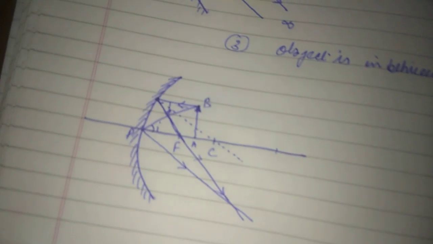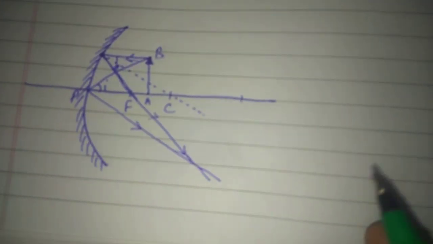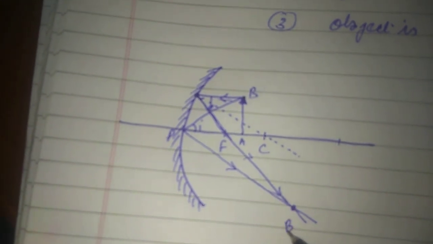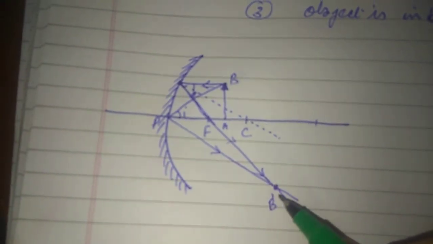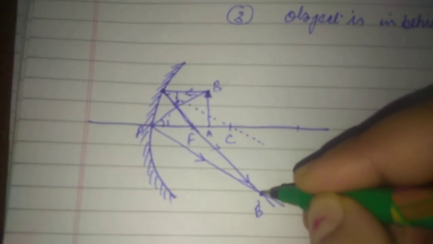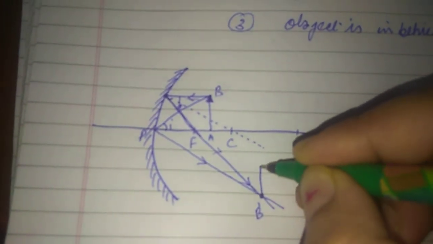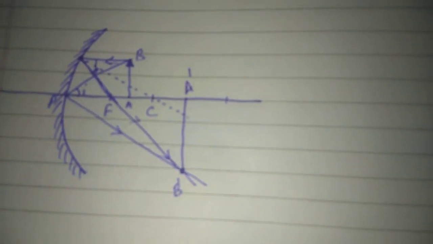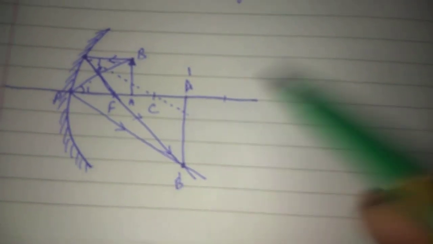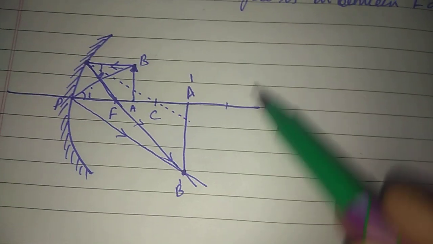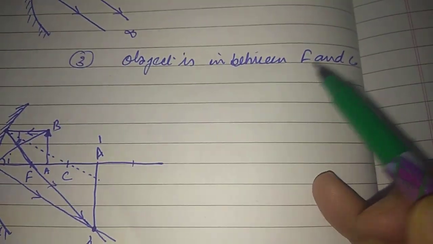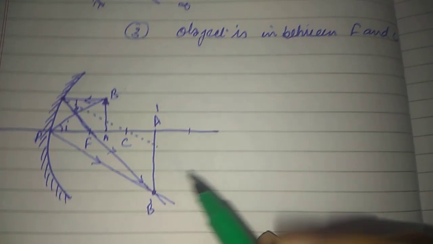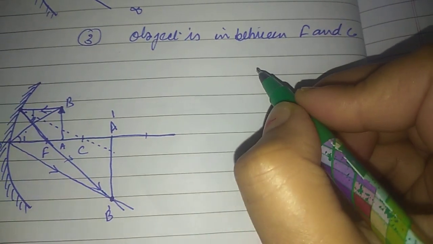So the point where the two rays are going to meet will give you the image of point B dash, because the rays have been taken from the point B, and the foot of perpendicular will give you the image of the bottom of the object, that is A dash. So you can see here we have got the image A dash, B dash when the object was in between focus and center of curvature. So in this particular case, let us write characteristics of this image.